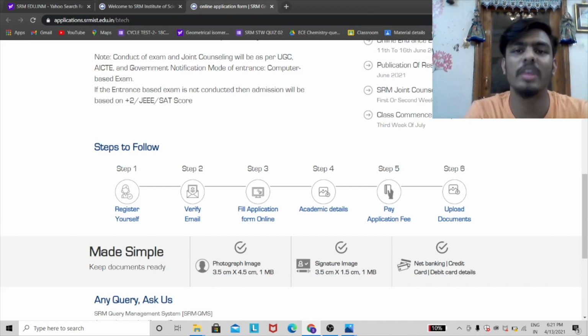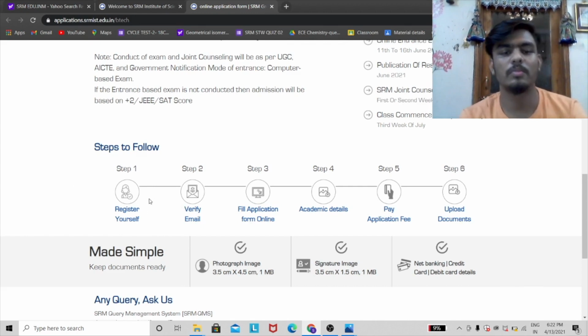Because when I was filling up the form, I didn't look at these points and I simply clicked the photos from my mobile phone and tried to upload them. The average size of a mobile phone picture is nearly 2 MB to 3.5 MB. So when I was uploading, they were simply rejecting it again and again, and after a certain point of time, it becomes irritating. So kindly look into it also, and before submitting, kindly compress all the photos below 1 MB, so it will be helpful for you.